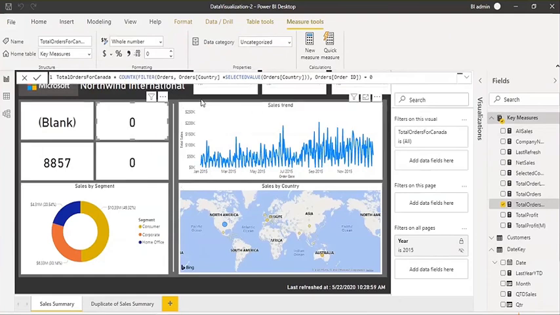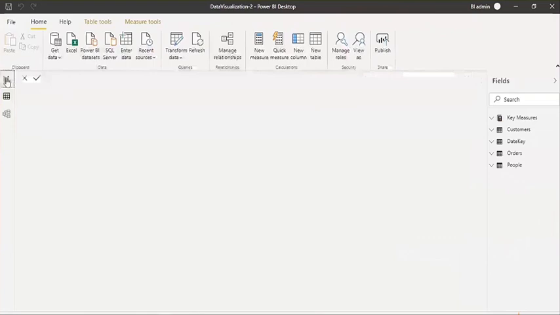Now here you can see, if there is not any value, instead of blank it will show the 0, because you are just adding the 0. And in case there is any value, you are adding 0, so there is no impact. And one more thing, in the filter pane, you can hide and show the filter pane also.